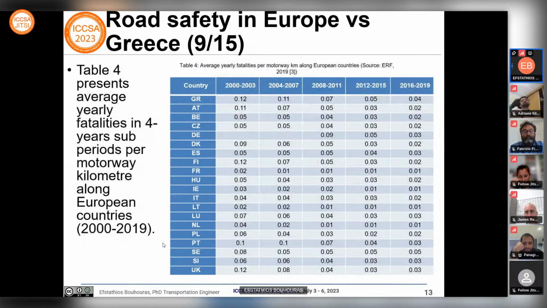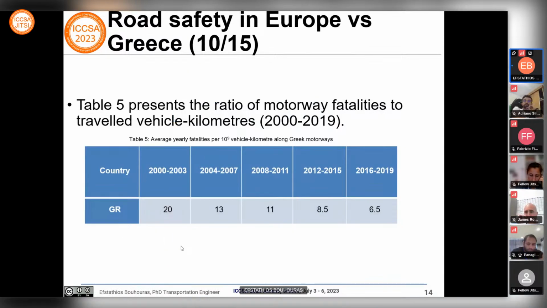Table 4 shows the average yearly fatalities per motorway kilometer along European countries. Greece is on the first row again, but this is how we developed the table. You can see the values and compare them with other countries. At least for 2016 to 2019, we have the second highest value, as you can see. It was frightening for all the stakeholders when we found out this figure. And Table 5 presents the ratio of motorway fatalities to traveled vehicle kilometers for the period